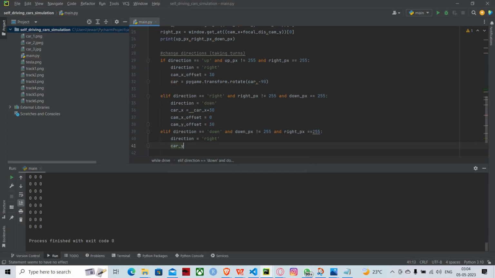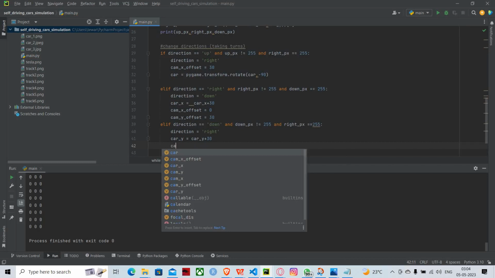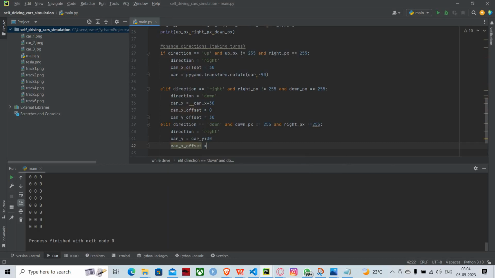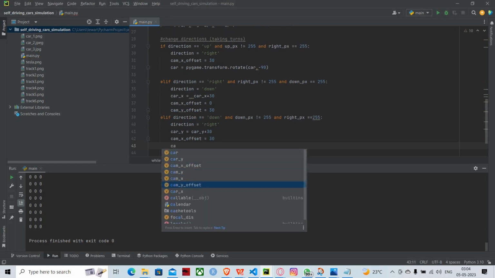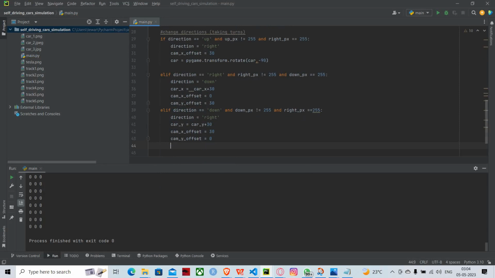This direction of y is 30. And again we will set the camera of 60 degrees on the y of 0, and again the transformation of direction will be like pygame will transform, and the rotation will rotate, and